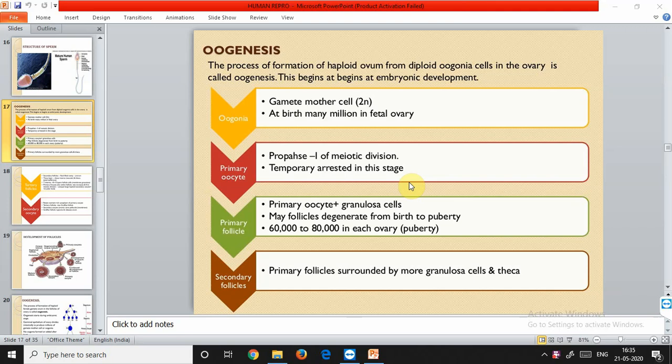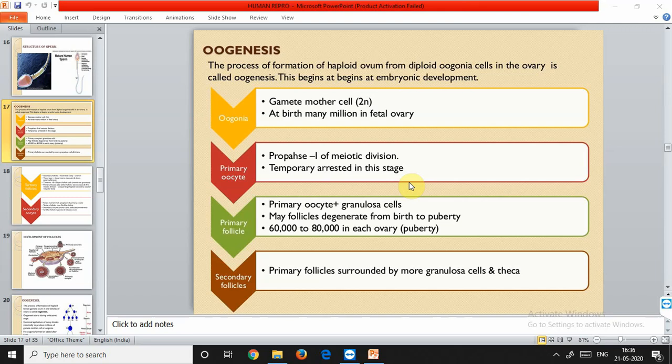It contains n number of chromosomes and it has no cytoplasm. So the larger one contains the haploid set, that is n, and complete cytoplasm. But the second one, which is called the polar body, does not have any cytoplasm, and in this also the number of chromosomes is n. Now the secondary oocyte is the larger one and the polar body the smaller one, and they both also undergo a secondary maturation division, which is meiosis 2, the equational division. Meiosis 2 is similar to mitosis.